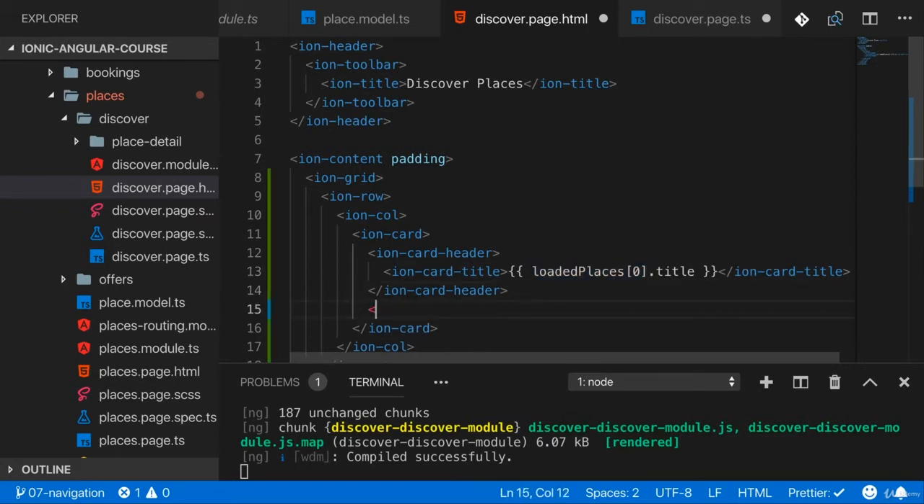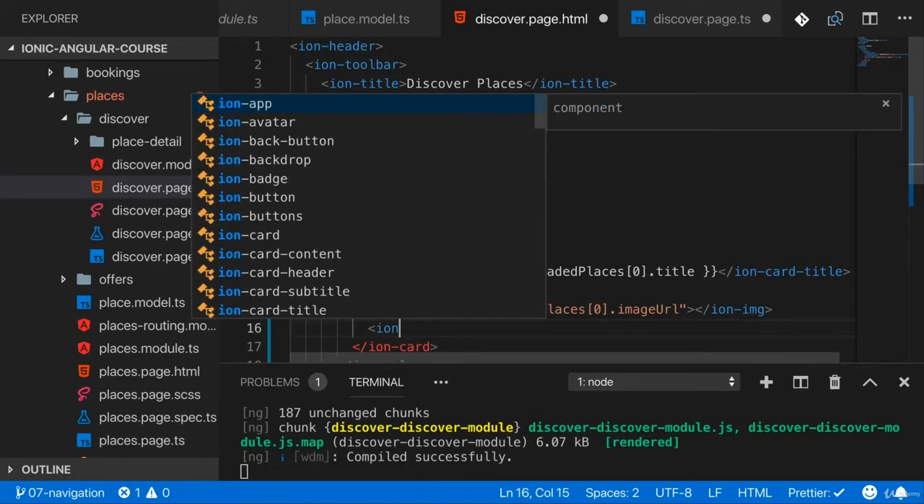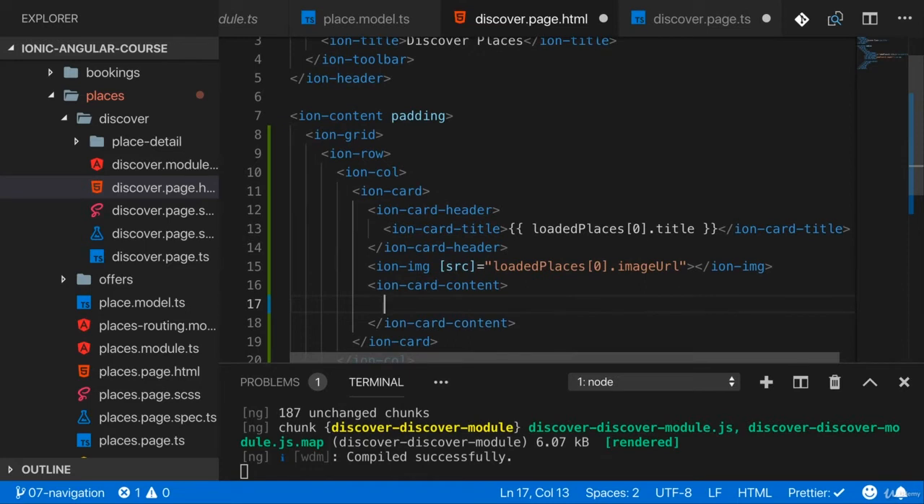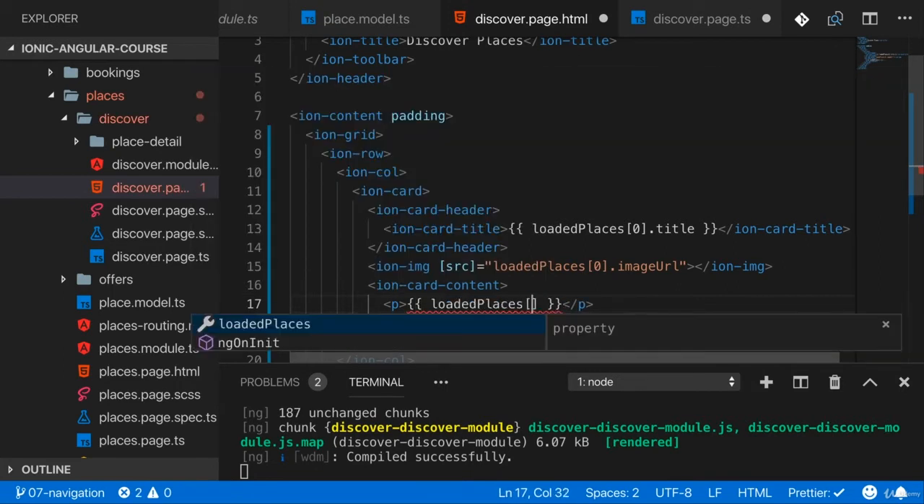Outside of the ion card header, I want to have an image that takes the full width of that card, and therefore we added right here below the header an ion image. And the source of that image should be the image URL of our place. So source is property bound to loaded places, the first element, and then the image URL. Below the ion image, we'll add the ion card content to wrap the rest of the content we want to display. And for me here, that will simply be my description. So I'll simply add a paragraph here where I output with string interpolation, loaded places, the first element, and then